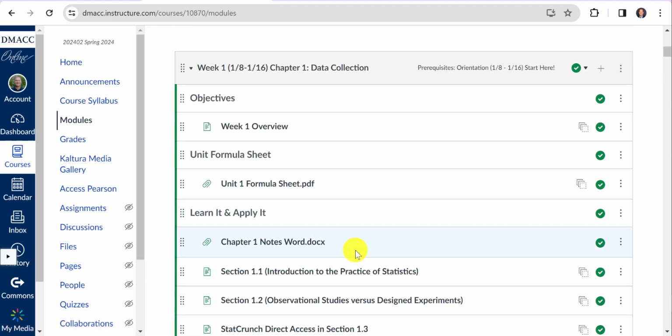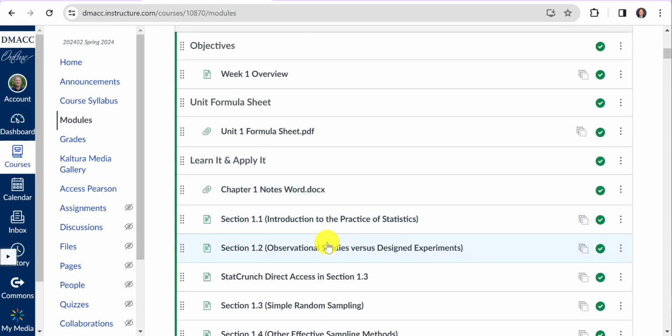If you don't get something done by the due date, the interactive assignments you can redo for full credit, because you have to actually get 70% before you can even do the homework, but the homework can only be done for half credit then. Same thing with discussions. We'll also be using StatCrunch, and those will have some assignments. So anything late is done at 50%. Interactive assignments you can go back and do for 100%, but you need to get 70% on those to even open up the homework. So do not wait till the end of the week to start working, is I guess my biggest piece of advice.